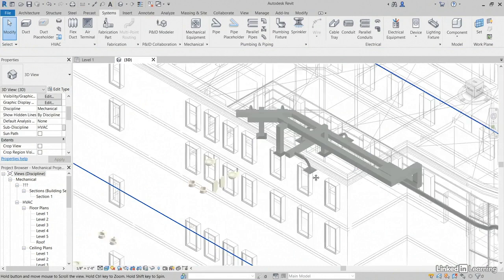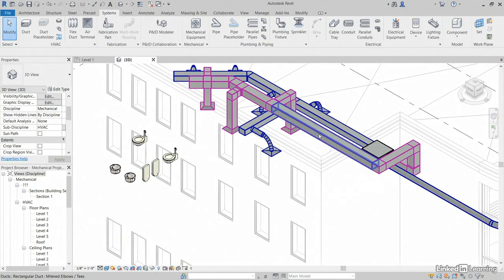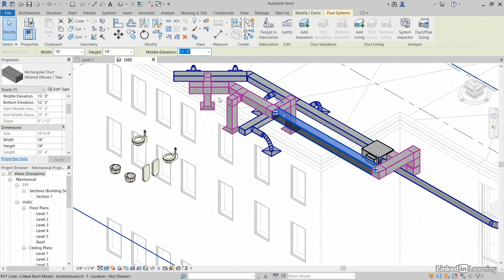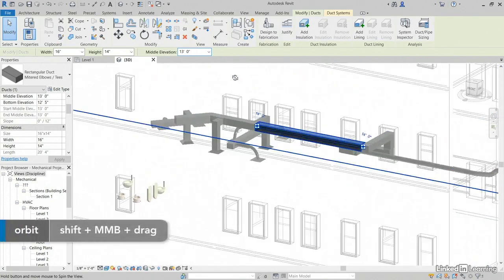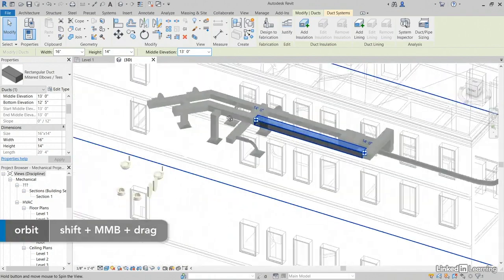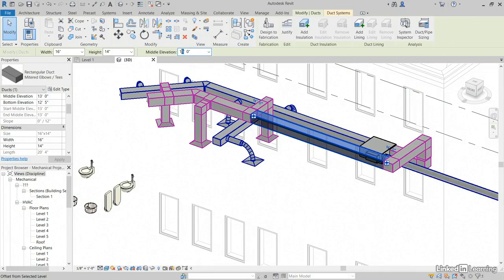There we go. The cool thing is maybe we don't need 14 feet. So if you select this piece of duct, maybe we only want it at 13 feet, which would be 3962 millimeters. 13 feet, hit enter. It's going to drop the whole system, right? So you can over exaggerate as you're modeling it and then kind of drop it down, right? That's even too high for me. I want it to be